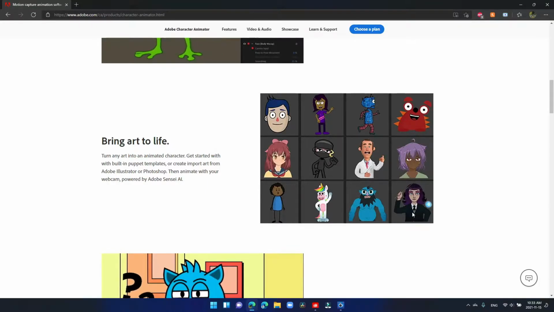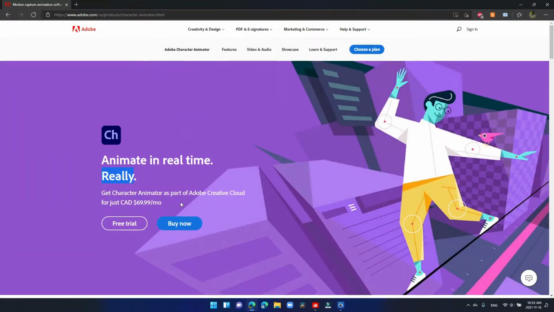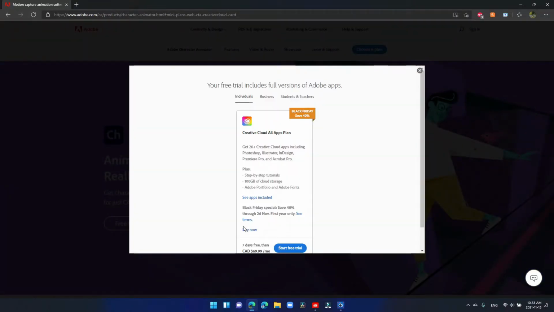yourself into a character. Now, Adobe offers a free trial or also the leasing option for $70 a month, but the free trial is great if you want to do a one-time project or anything like that. And it is important to note that once you download the free trial, you will be able to use it for 7 days free, and then you'll have to pay if you'd like to use it for further use. But once you do download Adobe Character Animator, it comes with all of the 20 plus Creative Cloud